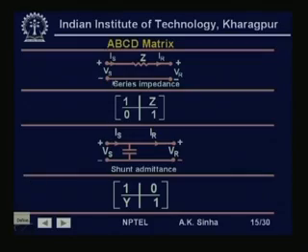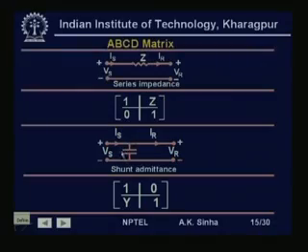Now, we will take up the ABCD matrix for various kinds of line configurations, that is various kinds of network models or parameters that we use. So, if we have a simple series impedance, which is the case for a short line, then we have the ABCD parameters as A is equal to 1, B is equal to Z, C is equal to 0 and D is equal to 1. If we have a simple capacitance, this is what we many times use when we have